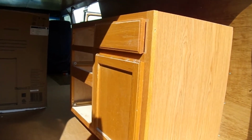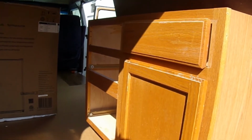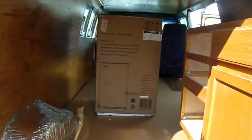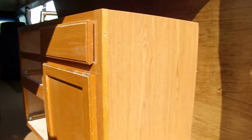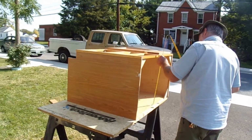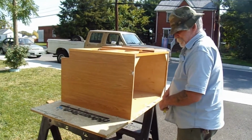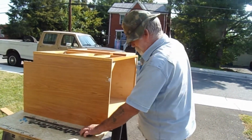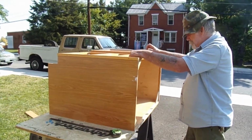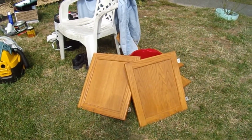This is the cabinet before that we're starting with. That's what we're doing today, as I promised you. This is the before. I got the drawers out. I'm cleaning them out now. There's the fridge. And over here, John is doing the other cabinet, modifying it so it will work better for the application. All right, let me get back to cleaning the drawers and I'll give you an update in a few minutes. All right, I got the doors all cleaned up